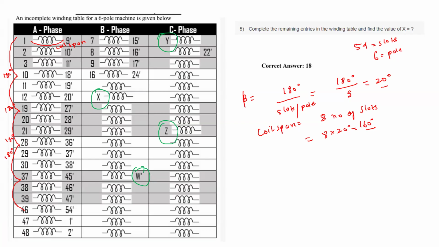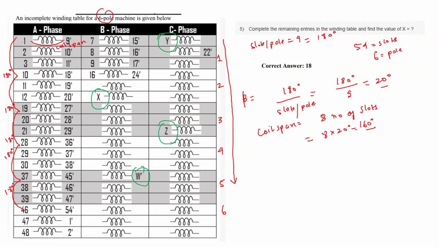This is because we know, first of all, that this coil group axis is number of poles, right? So first pole, second pole, third pole, fourth pole, five pole, six pole, because this is a six pole machine. And we know that between two alternate north and south poles, the electrical angle difference is 180 degree. That is why, because the slots per pole is 9, so 9 slots correspond to 180 degree.